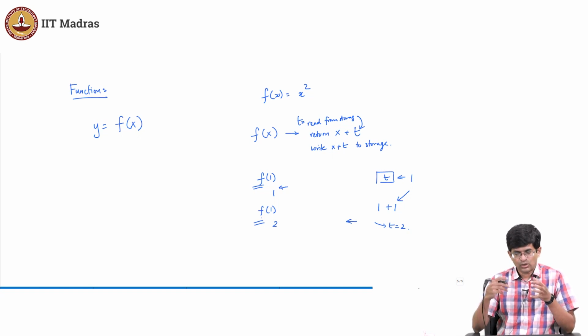Now that is essentially something called the internal state of the system. That by itself may not be a problem. The problem happens when I am also trying to alter something which is there, for example, if I want to print something on the screen, or if I want to save something into a database, or if I want to go and send an email. All of those are things which alter the behavior of the function. Every time I call them, the behavior is going to be a little bit different.